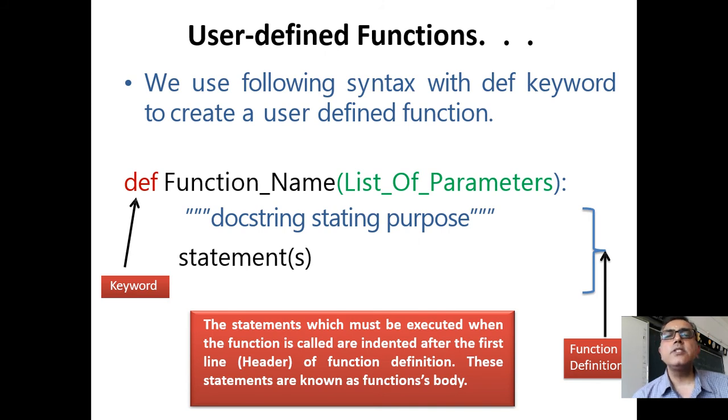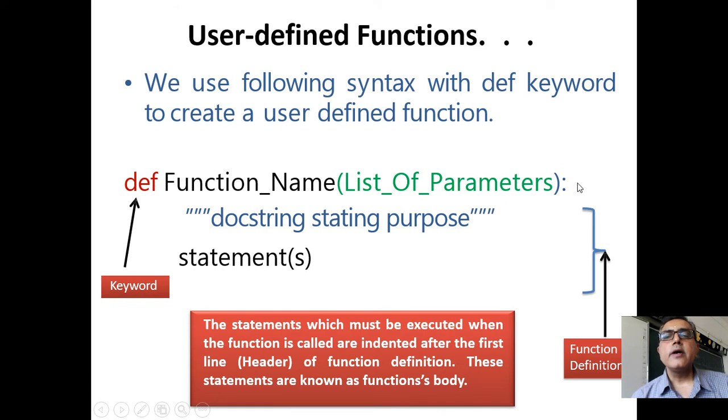There are functions that take arguments, there are functions that don't take arguments. So if the function is supposed to take some data, that data you will write within these round brackets. If the function doesn't take any value or data, then also you have to write opening and closing round brackets without giving any data within those parentheses.